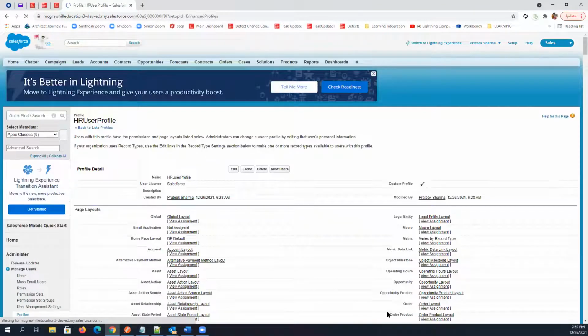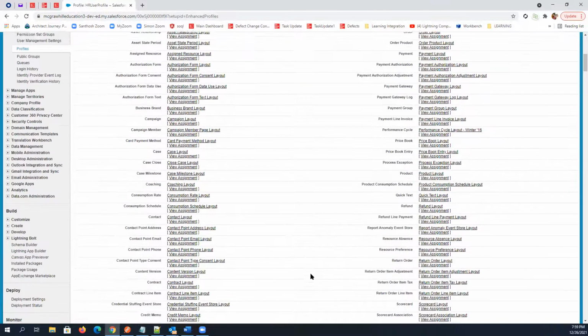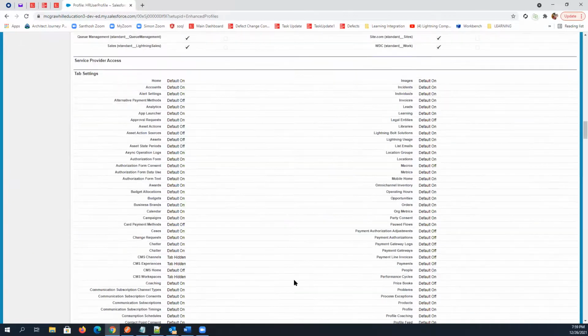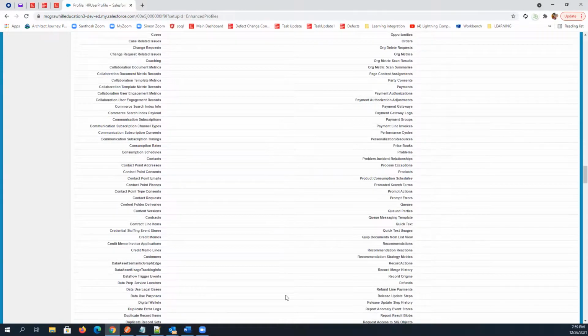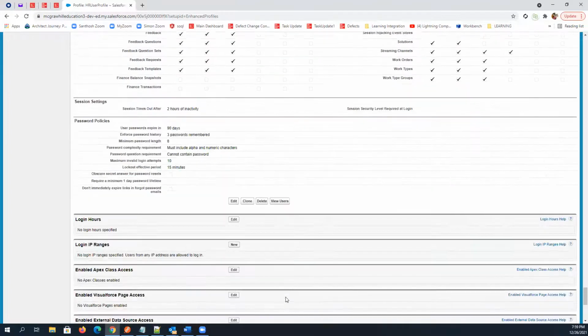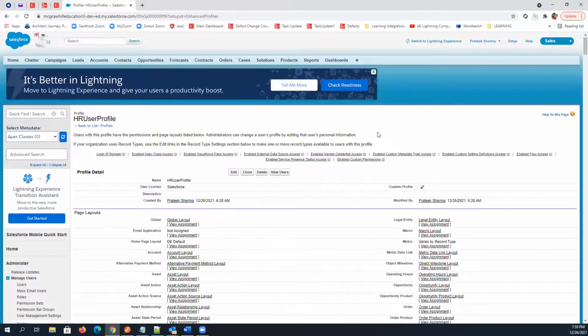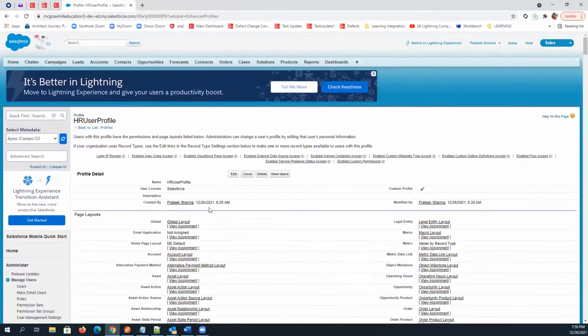So this profile is now created. You can see we have a lot of things, right? So you can simply scroll down and you will see a lot of things are written here. So we'll discuss each and every section one by one, what we have in this profile. So let's just discuss section 1 here, profile detail, right?